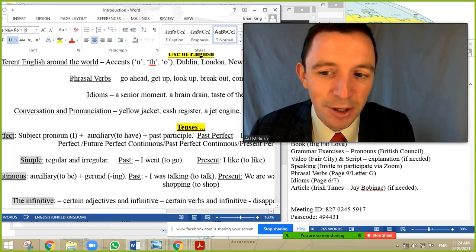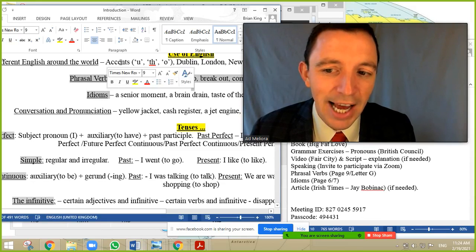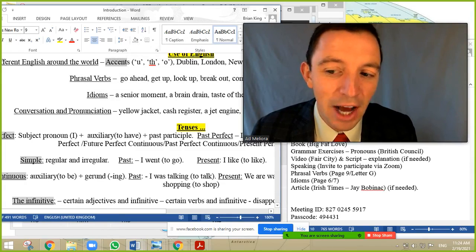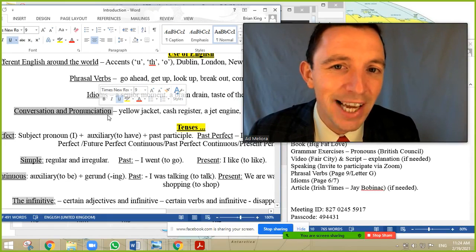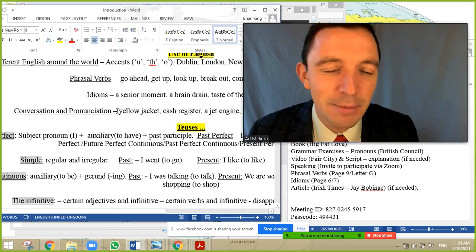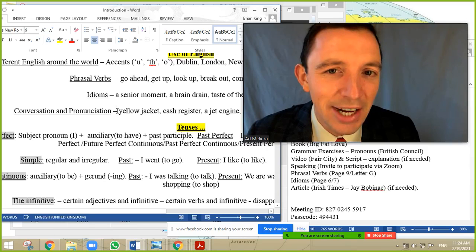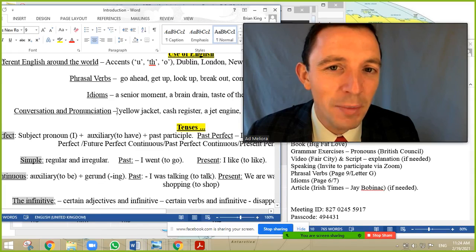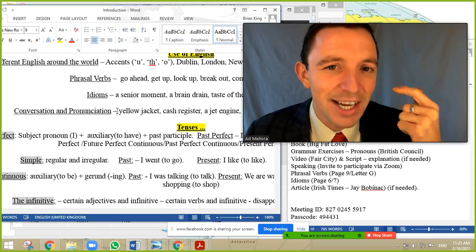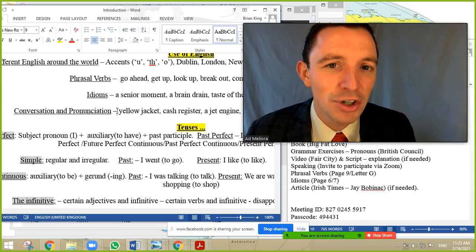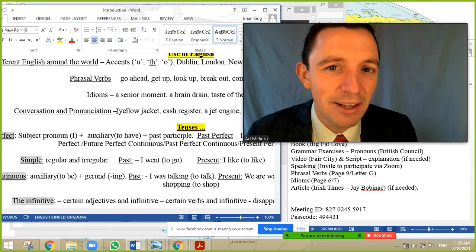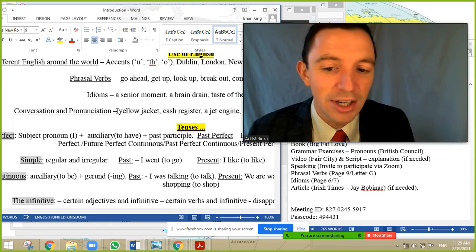Okay, so phrasal verbs, idioms and accents are the first part. Also conversation and pronunciation. So pronunciation is probably connected to accents, and pronunciation sometimes in English is difficult. We have some issues with phonetics, that sometimes it's silent, sometimes it's irregular, sometimes we have strange pronunciation during the class. The goal is to try to identify and to help and to show you the little problems for pronunciation.